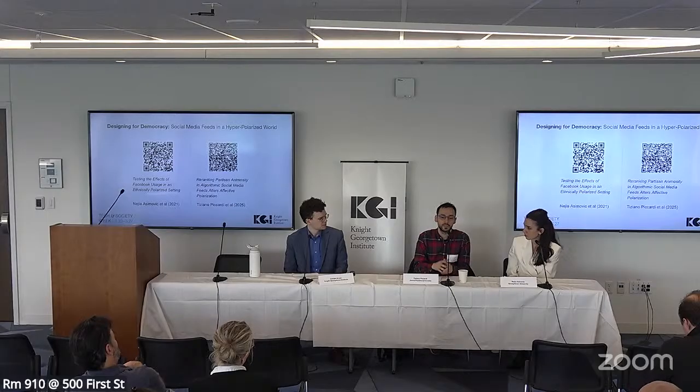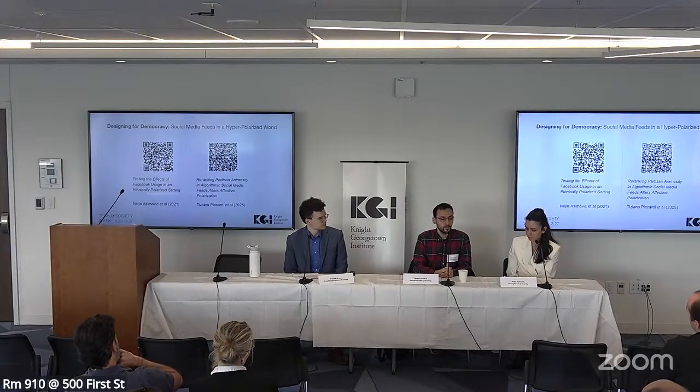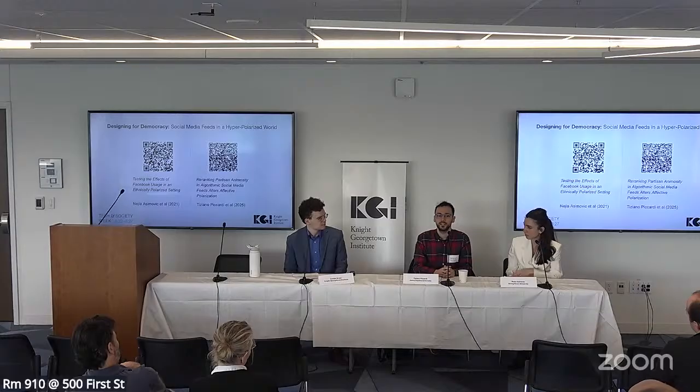We can design algorithms that are better than the extremes because we have full control of what content we want to promote on social media. This is one point. Another point I want to make is that the two papers highlight how complex the situation is. There are no easy answers for social media. For example, there is a concept called temporal validity, which is basically, does it reproduce if you try the same experiment multiple times?